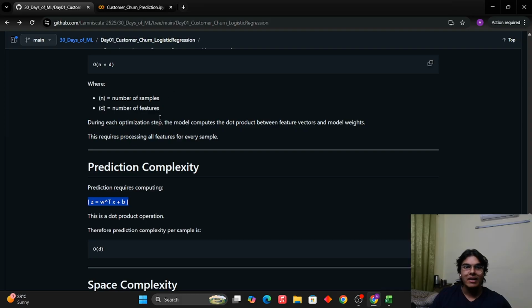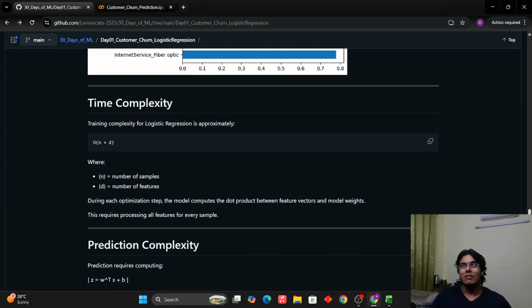Now, for n samples and d features, when you multiply the weights and the features, you get roughly an n into d type of time complexity, which means a big O of n times d complexity. In a lot of theoretical texts, it is given as big O of n, because n is usually a lot larger than d.